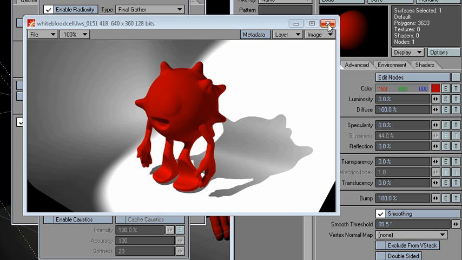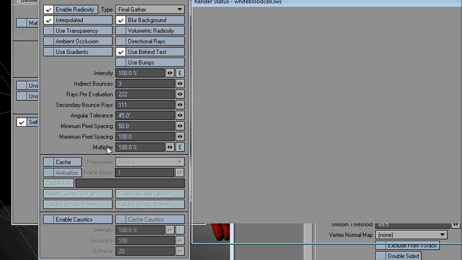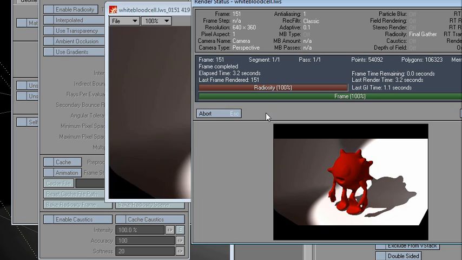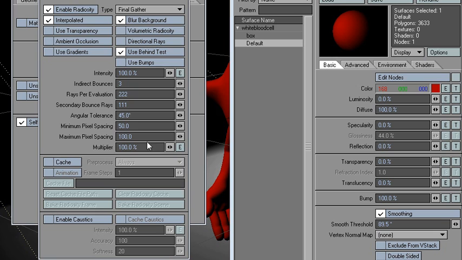So how do you fix that? Well, of course, you can turn off cache and do a normal Lightwave render, and it will be fixed. But then you will lose the render time benefit and the noise-free GI benefit. So how do you go about it? Well, the trick is to